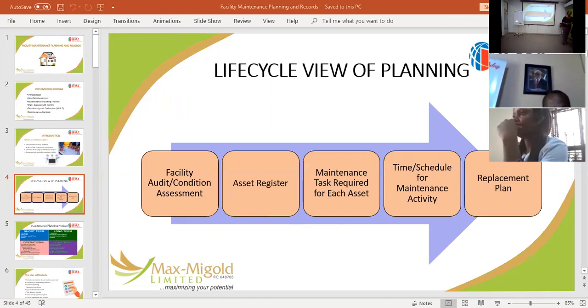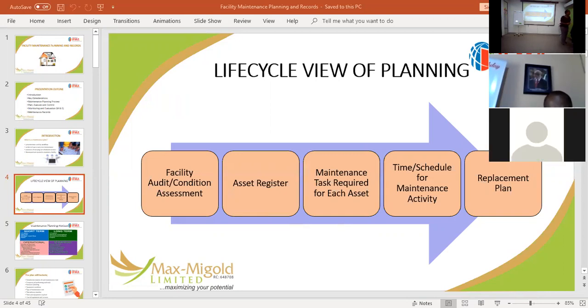So you start with construction and design, operate, maintain, start repairing, start upgrading, then you retire. That's how it works. So for the replacement plan, you have been using this thing and maintaining it for years and years. The time will come when you have to let it go. Those are the steps, what's going to be involved, the important components that you need to consider when you're creating your